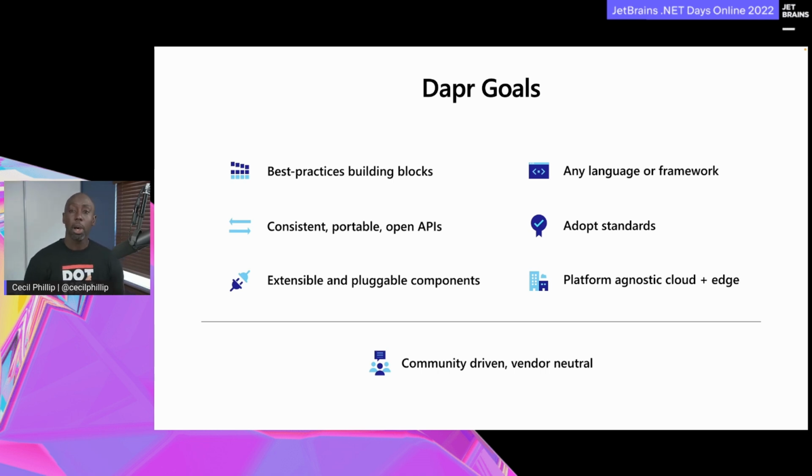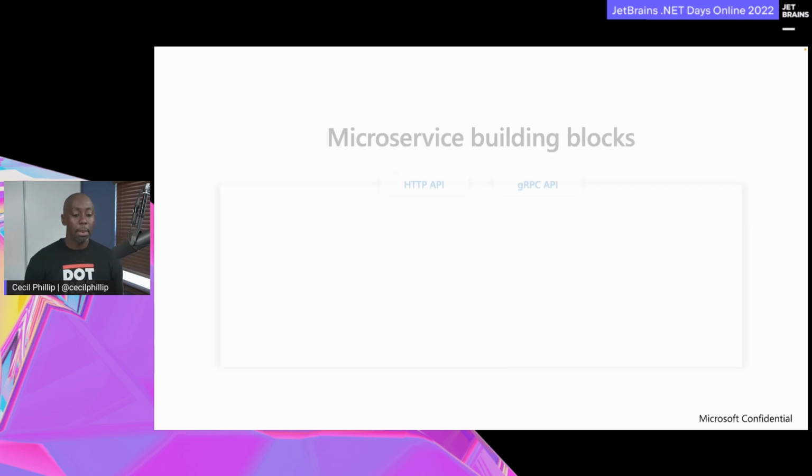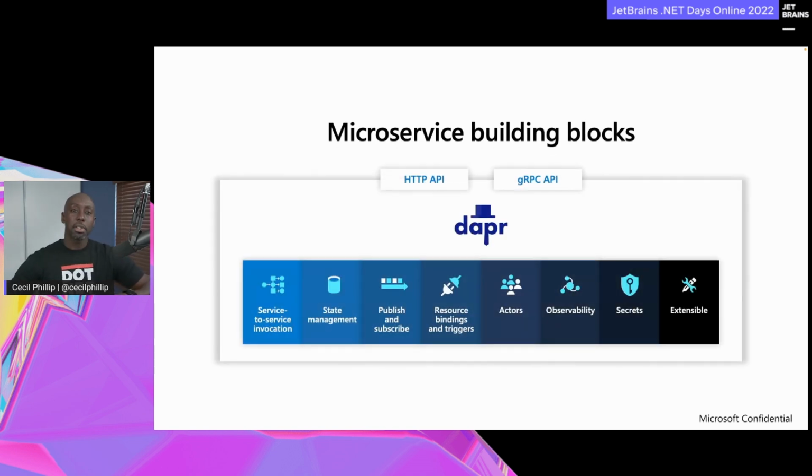right? I think about needing to be able to be open source. I needed to be able to run with different languages. I needed to be able to run on different operating systems and runtimes. I need a truly open tool and framework that's going to allow me to create the application that I want to build. So when we think about Dapr now, the way that it achieves this is based on this